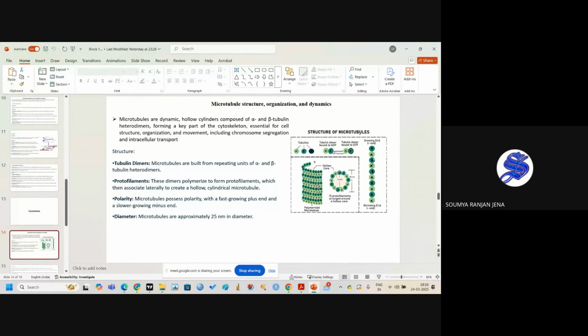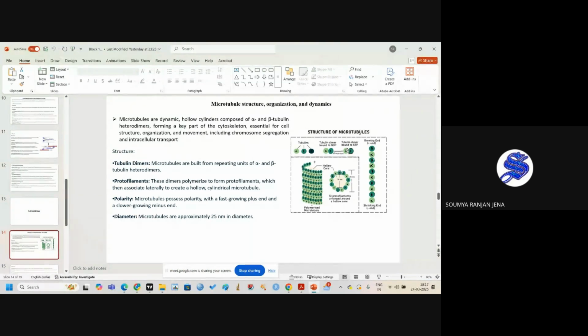One chromosome goes to the extra number. So if this microtubular structure is damaged, and this structure is a hollow cylinder having alpha and beta tubulin, it helps in cell structure, organization, and movement, including chromosome segregation and intracellular transport. If we go to the structure, these microtubules are built from alpha and beta tubulin, and because this is a heterodimer, not